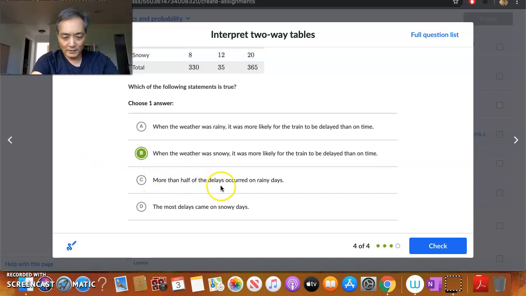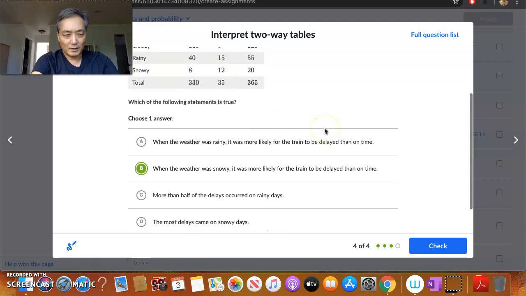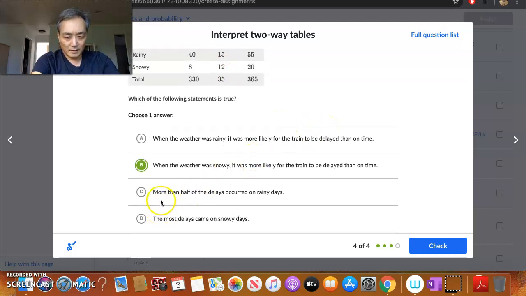More than half of the delays occurred on, no. Well, if you look at the delays, rain, no. If you add these up, it's going to be more than a half. And then finally, none of